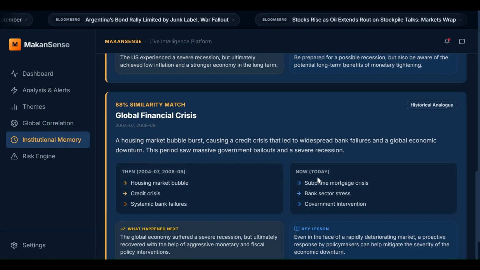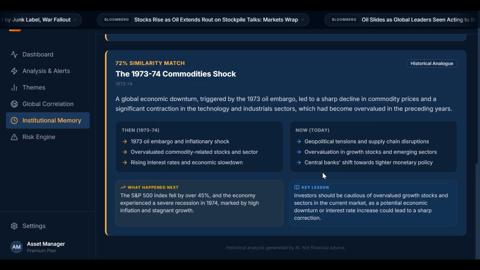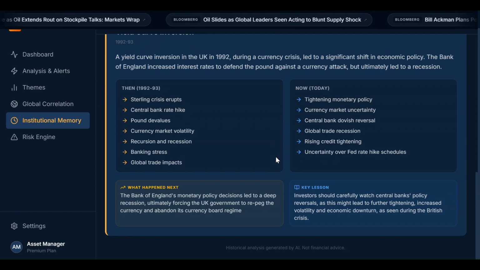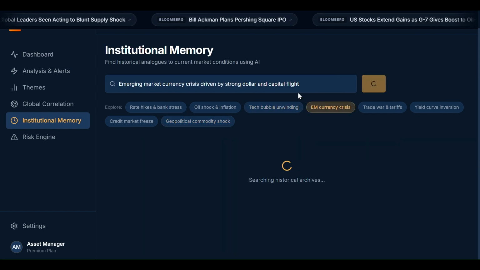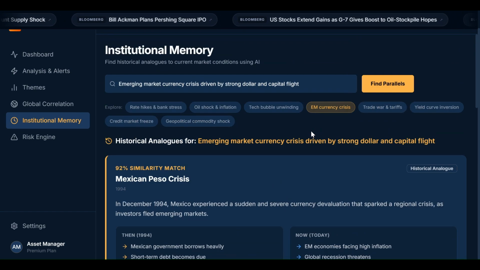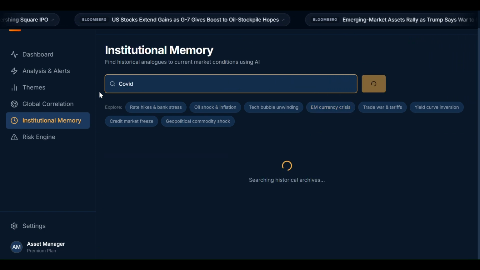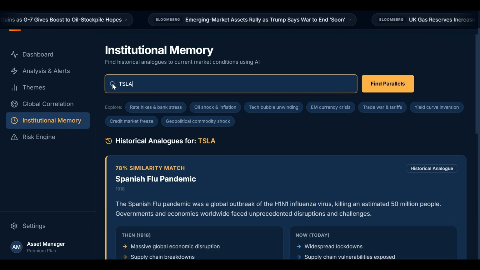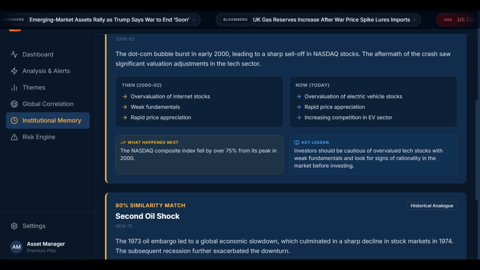Here's something no keyword alert or newsfeed can give you: memory. The institutional memory module is Makan Sense's long-term knowledge base. Every theme, every discussion, every key development is logged and searchable. When a similar macro pattern emerges 6 months later, analysts can instantly reference how the situation evolved last time, what the market reaction was, what the consensus view was, and how it ultimately resolved. This transforms Makan Sense from a real-time tool into a genuine institutional asset, one that gets smarter and more valuable the longer you use it. It solves one of the most underappreciated problems in finance: the loss of institutional knowledge when teams change.